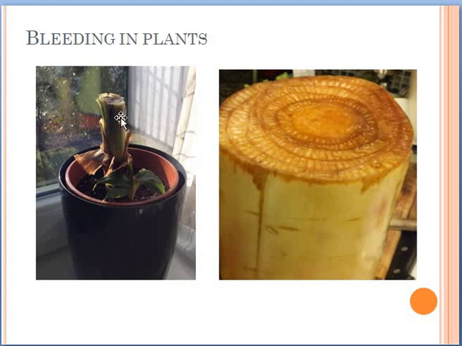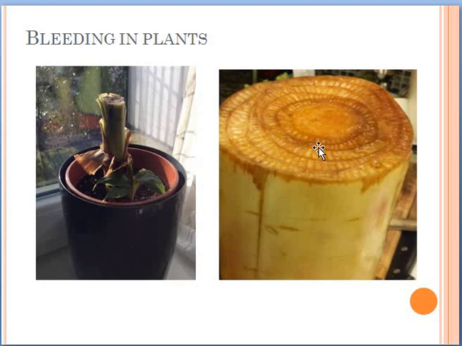You can see that very clearly in banana. That's why I took this picture. Banana will show it, and you can see it even in bamboo, but I didn't get any picture which shows bleeding. So this is a stem which has been cut. From this stem part, you can see the cell sap coming out. It won't be pure water, of course, it has a lot of minerals in it. So the cell sap is leaking out.